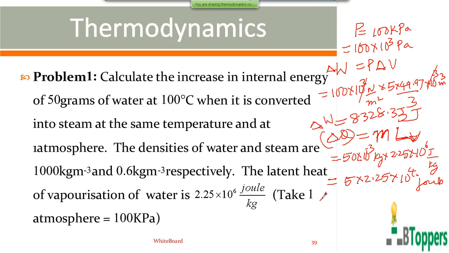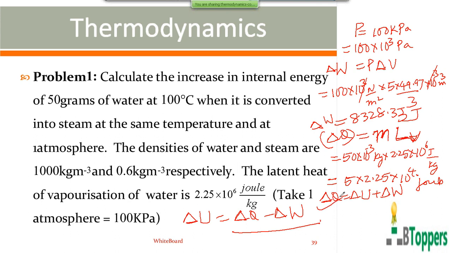From first law of thermodynamics, you can write delta Q is equal to delta U plus W. That is, heat energy absorbed by system is equal to change in the internal energy of system plus external work done by system. So change in the internal energy of system can be found as heat energy absorbed by system minus external work done by system. Please try to complete the calculation part yourself. If you want, you can take a pause and complete the calculation part yourself.